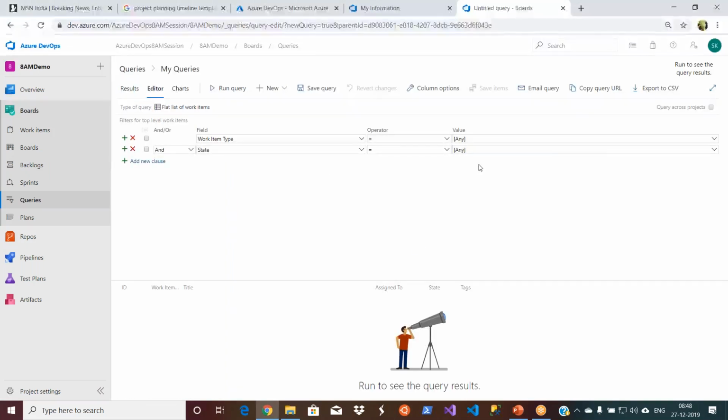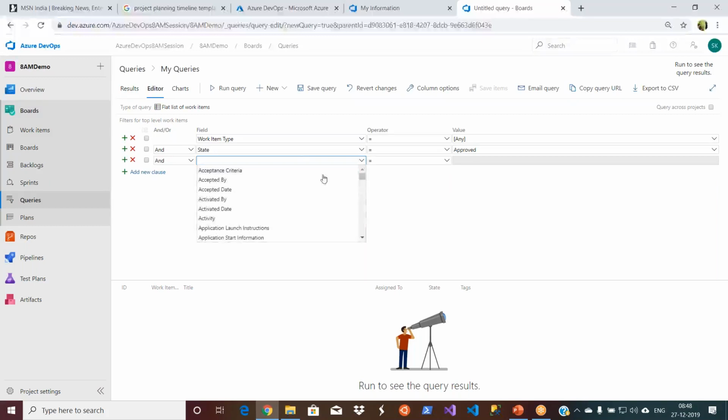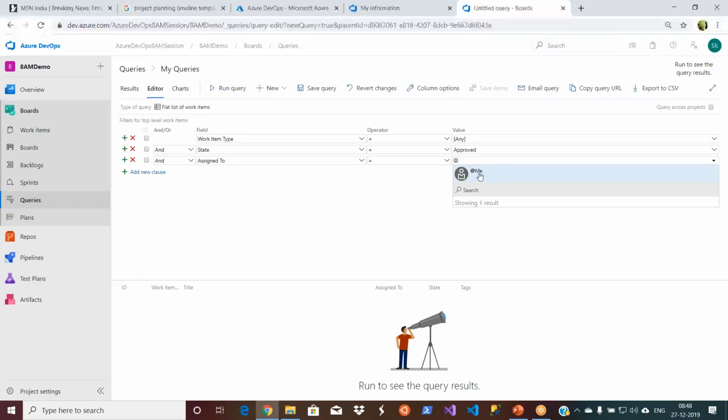So I would say work item type or a state equal to something, approved. I want to see all those things, and you can add some clauses here, and assigned to, I would say, me basically. If it is me, I don't need to mention the person name.